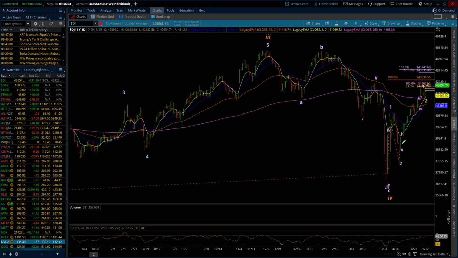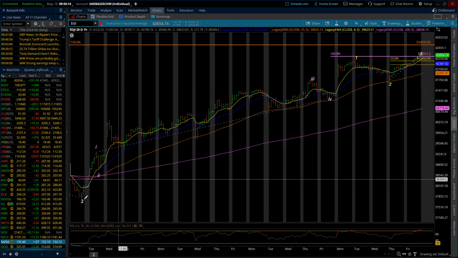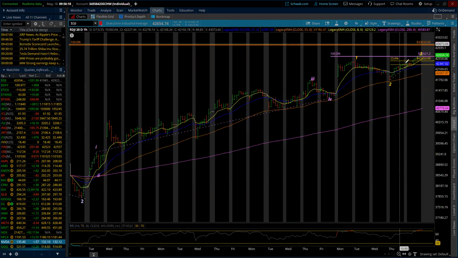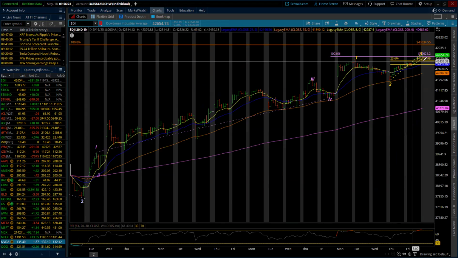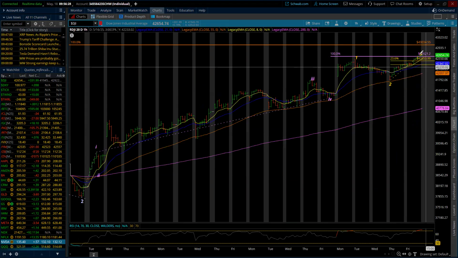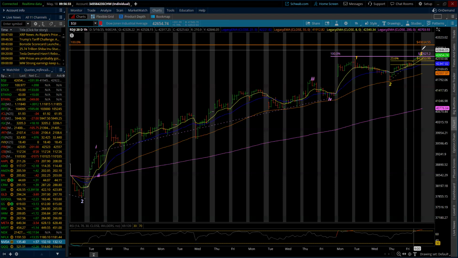So what I'm looking for is, here we have all kinds. We do have support and we do have resistance. I'm going to just bring it down to my hourly chart, and that puts us inside of the finishing stages for this minute third wave. So again, if I'm looking at the third, it might come down small, come back to 42,450-ish, and put a fourth wave in, put a fifth wave, go back up, get above where we were last week, get up maybe above 43,000, maybe 42,800, 46, somewhere in there.